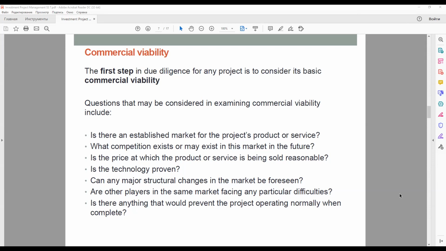So please consider such examples again and try to be fair enough in your assessment of the market and